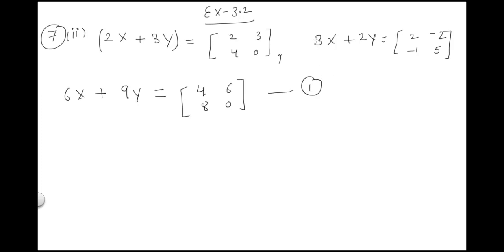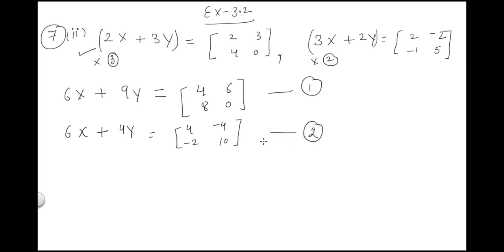The second equation, if you multiply it with 2. Okay, so we have done what? Multiplied this with number 3 and here we are going to multiply it with number 2, both the sides. So what will be the second equation form? 3 into 2 will be 6x plus 4y equals, the other side of the matrix, all the entries are going to get multiplied with 2. 2 into 2 is 4, 2 and minus 2 will give minus 4, 2 and minus 1 is minus 2, 2 and 5 is 10. So this is the second equation.